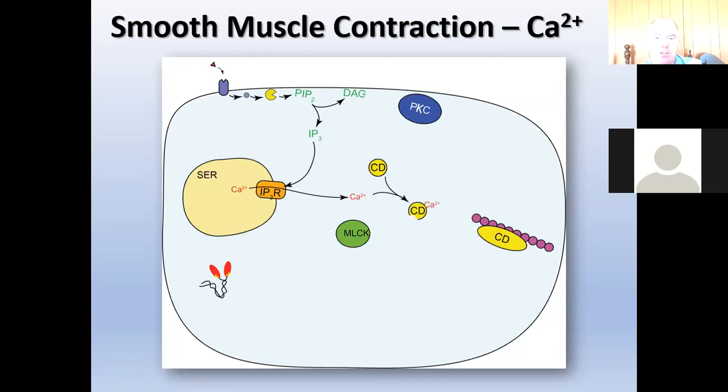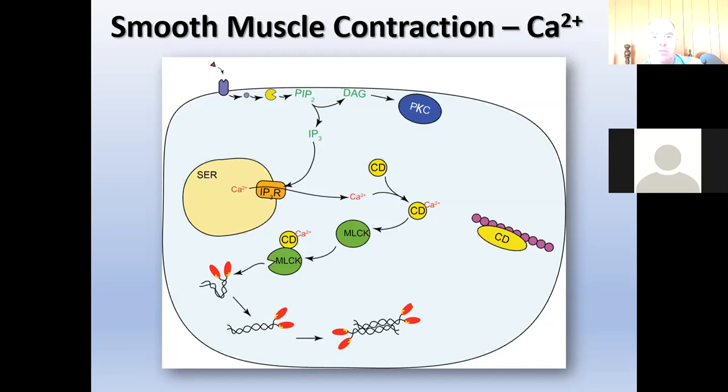Calcium will bind to calmodulin, should be CM there, I mean. Calmodulin will then activate myosin light chain kinase. Myosin light chain kinase phosphorylates the light chains, causing the myosins to stretch out and organize. And on the other side, the diacylglycerol will activate protein kinase C, which phosphorylates caldesmon, releasing the thin filaments,